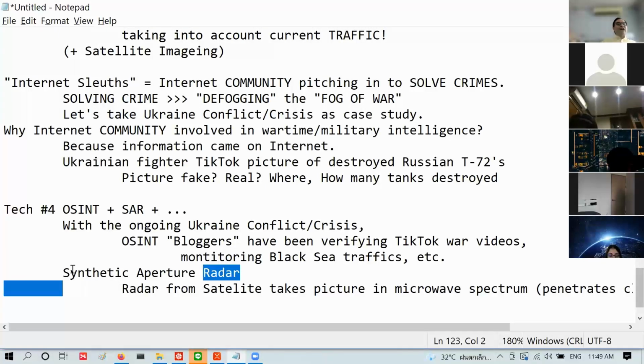It's as if you have a giant lens. It's not a giant lens; it's a tiny lens on a satellite, but that satellite travels thousands of miles, right? So by taking different pictures every few seconds or so, I don't know how many seconds or how many minutes, you can get a composite picture of very fine resolution. That's called synthetic aperture radar.